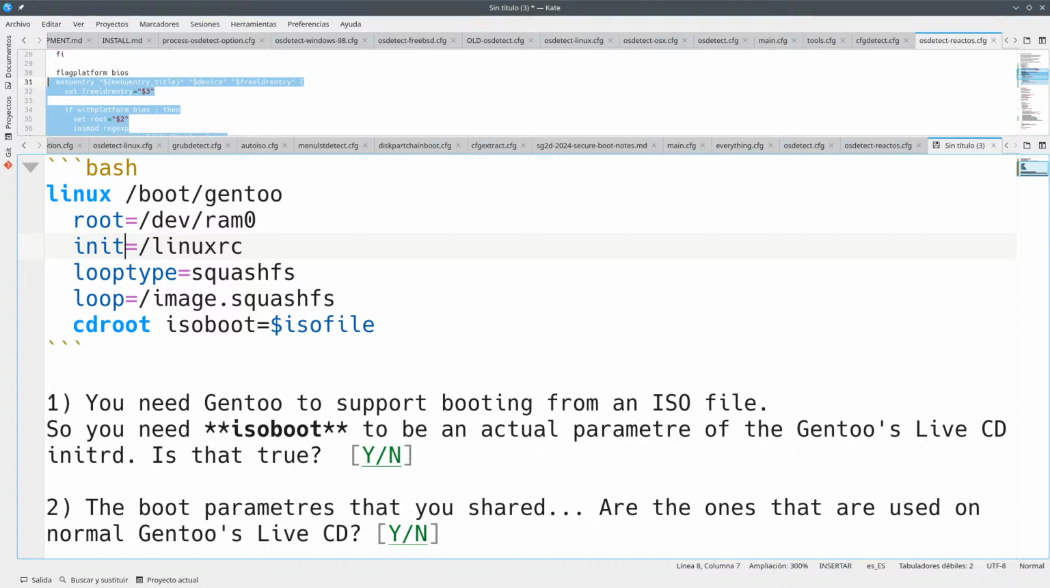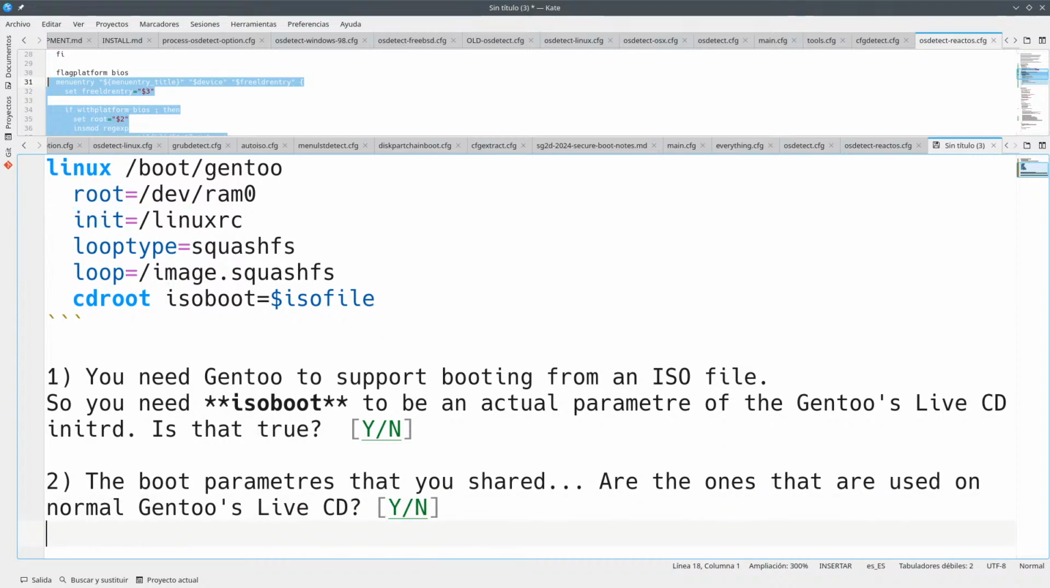Because when you boot from GRUB, you usually have an initrd line after this one, which also would load this, because yes, you can tell this to... okay, you cannot play. Okay, so the question,